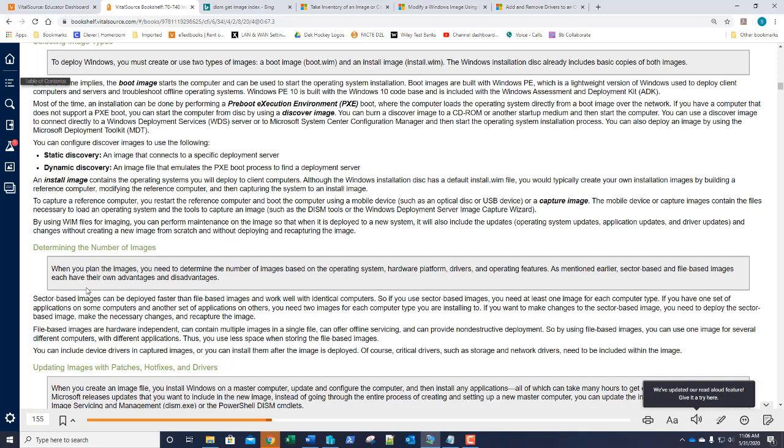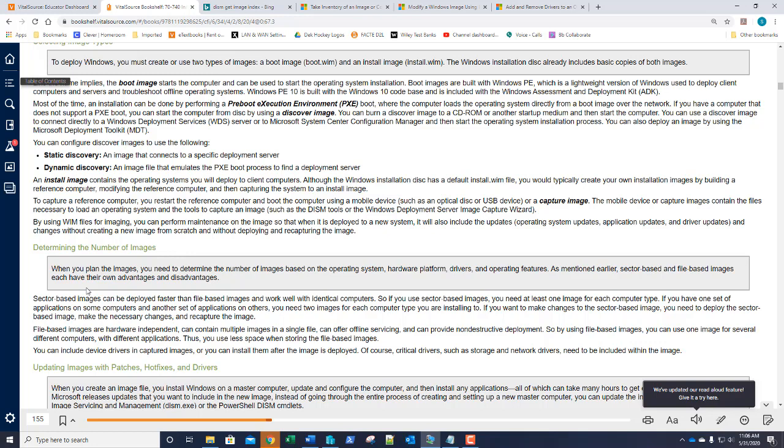Now, we need to determine how many images we need. Well, are we using the exact same system everywhere? Are we using the exact same applications? Do we have the same needs? Are the needs of the sales computers the same as the research computers, as the manager's computers, as the administration? You may have to create many different types of images